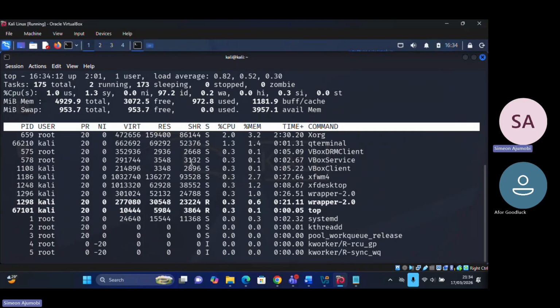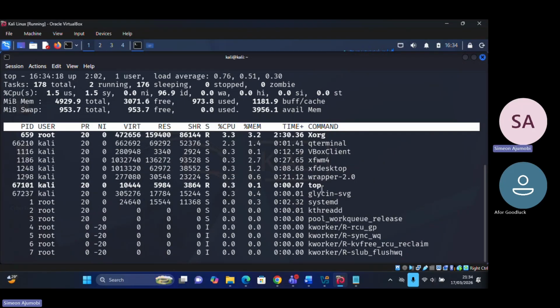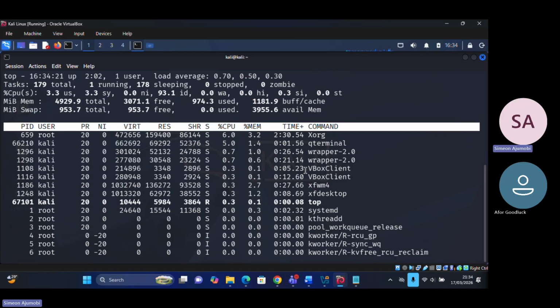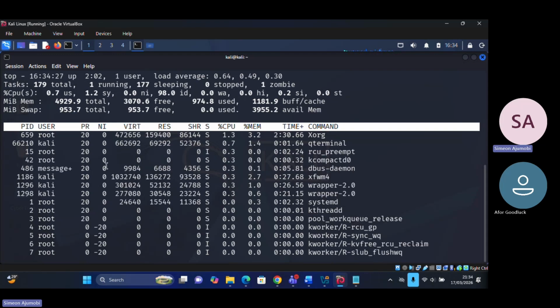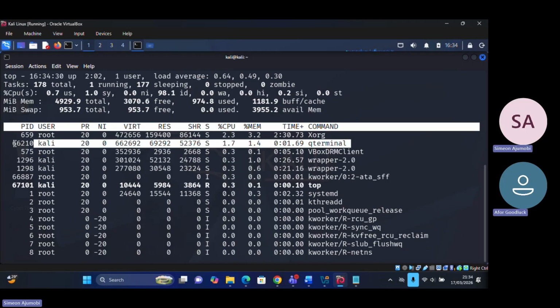You just need to run top. Then come and look at the name of that particular file that is stopping you from working. Just look for the PID, process identification number. Just look for it. And look for Q terminal. This is the Q terminal process, and the process is 210. So to shut it,